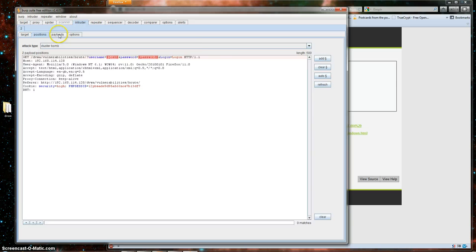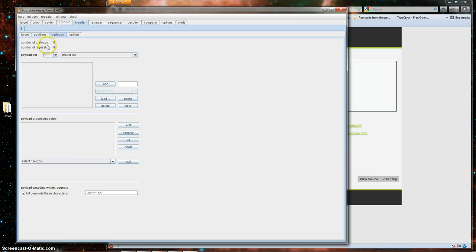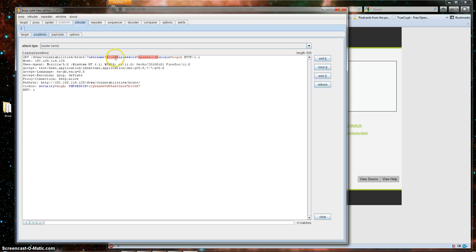So moving to the next tab, which is my payloads tab, as I would expect, for payload sets I have 2, and then you have a list of options here. There's quite a few options, but for the sake of time, I'm going to just focus on a preset list. So for position 1, which was my username tab, it just comes in order, so the first one up becomes position 1,